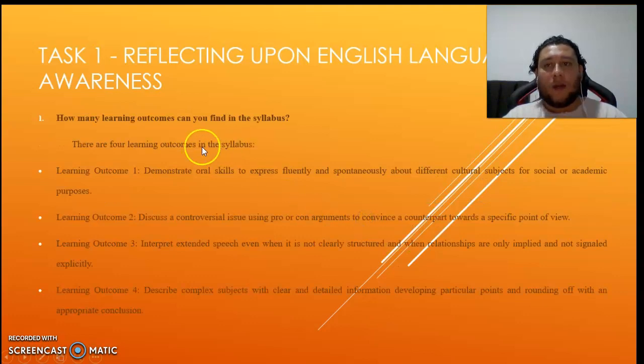The second question is, how many learning outcomes can we find in the syllabus? In this case, we can find 4 learning outcomes. Normally the outcomes are the results that we have to get during this semester and in this subject. For example, demonstrate oral skills, discuss controversial issues using pros and cons arguments, and also interpret extended speech. So these are the results that we have to get or that we have to improve during